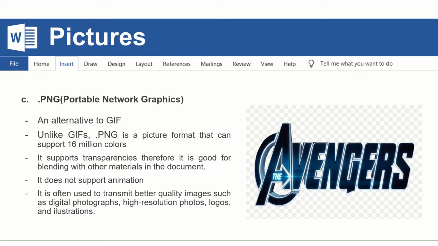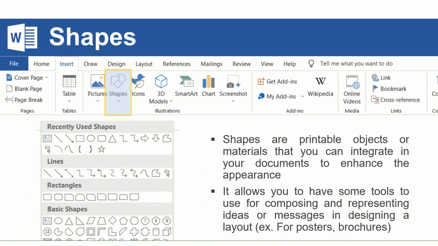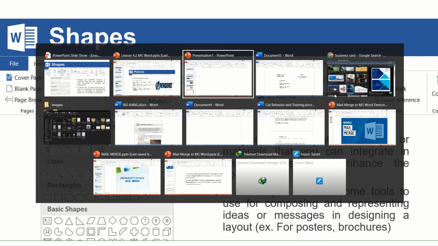The next type of materials you can insert into Microsoft Word are the shapes. Shapes are printable objects or materials that you can integrate in your documents to enhance the appearance of your file. It allows you to have some tools for composing and representing ideas or messages in designing a layout. For example, if you want to make your posters or brochures more presentable, you can integrate shapes into your document. So for example, let's go to our